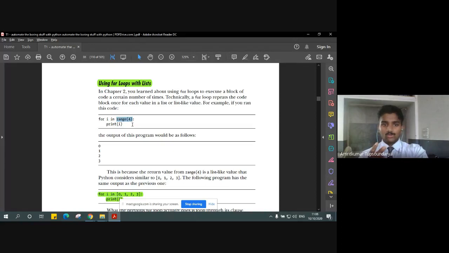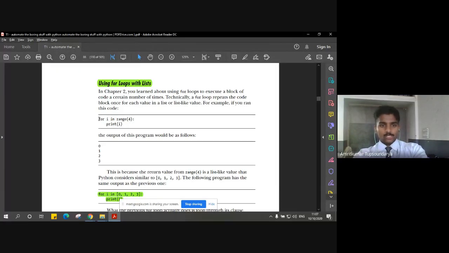When we have two values in the range, the first value denotes the starting value, and the second value denotes the stopping value or ending value. And if there are three parameters for the function range, then the first value, as I said, will be the starting value, the second will be the stopping value or ending value, and the third will be the important factor, which is the stepping value. The stepping value basically gives us the interval in the range, which we already saw in an example.